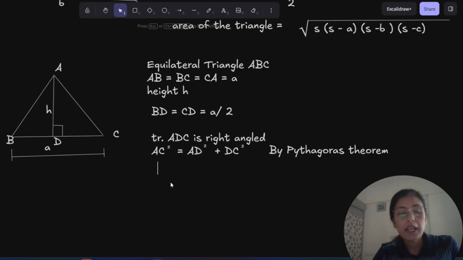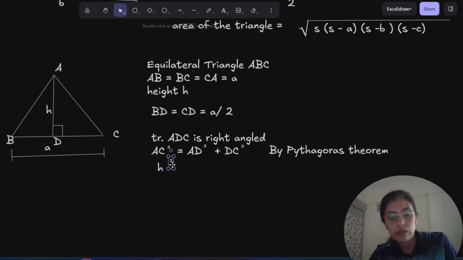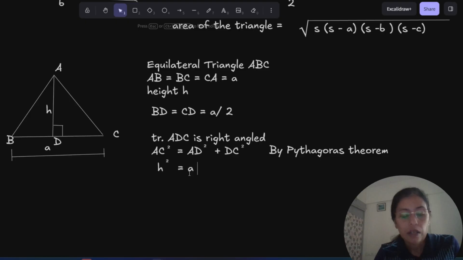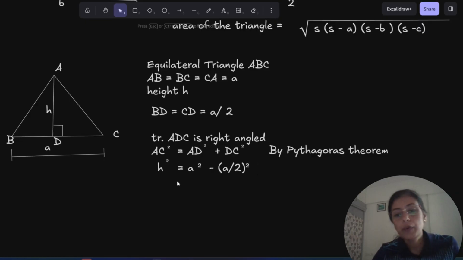So this means we can calculate the length of AD, which will mean we have H square will be equal to A square minus (A by 2) square, which will be equal to A square minus